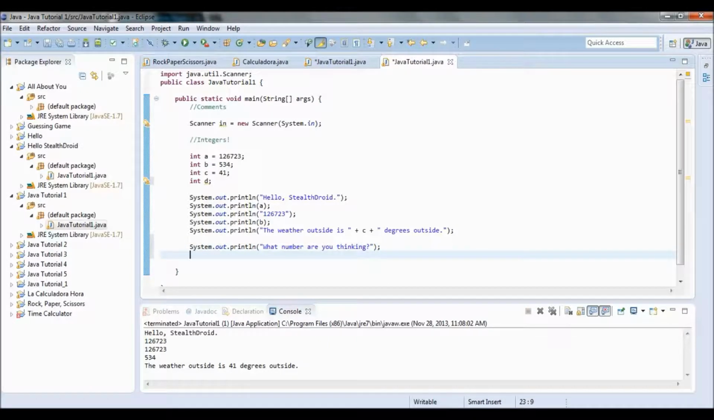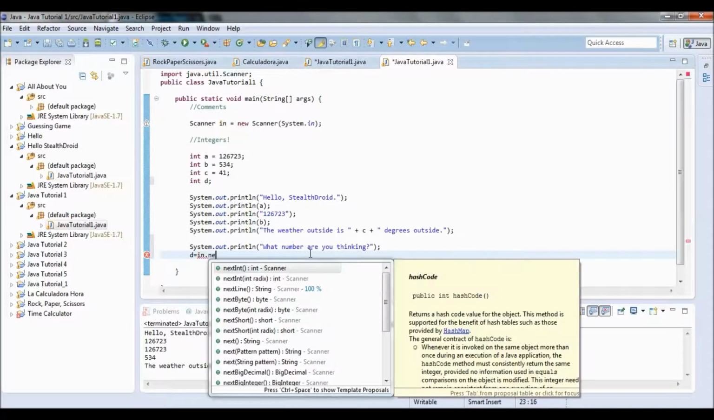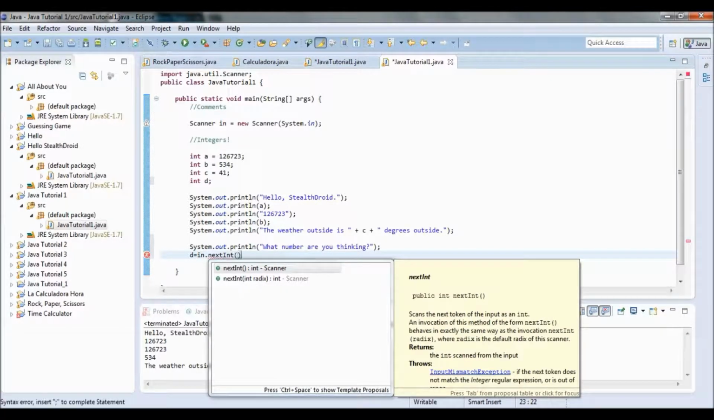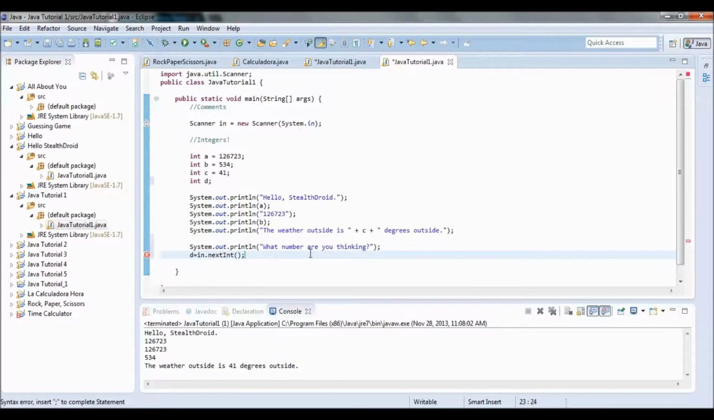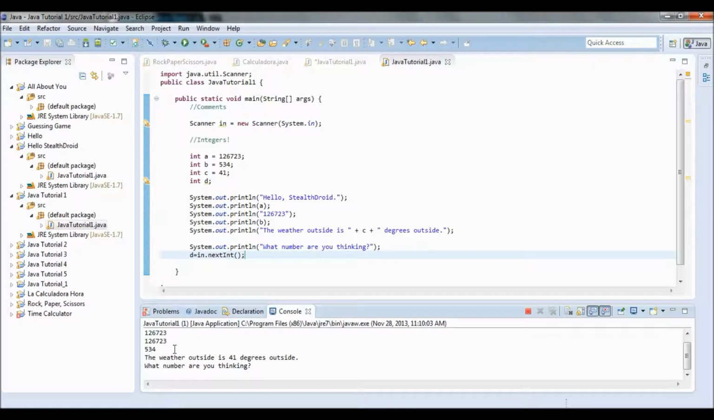So, how is it different? Well, to get input, I need to find my integer letter, d. d equals n, let's just say that's short for integer, dot, what in the world am I doing? nextInt, parentheses, semicolon. So now it's saying for the next integer, that's going to be the value of d. So, what number are you thinking? 56. Well, it does nothing. And it's supposed to, for now,